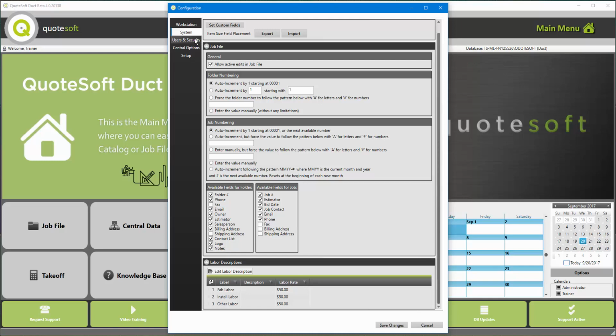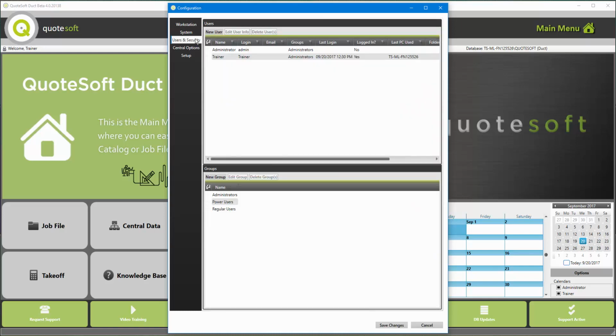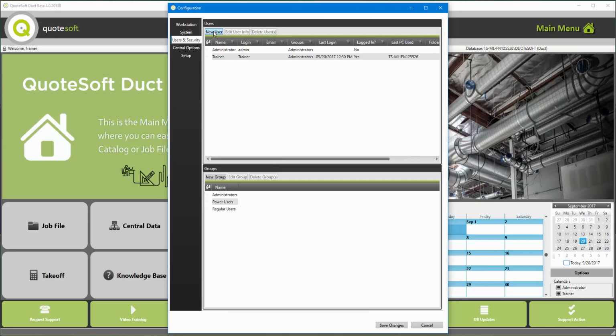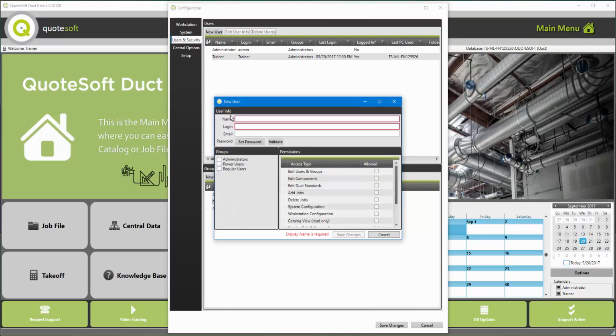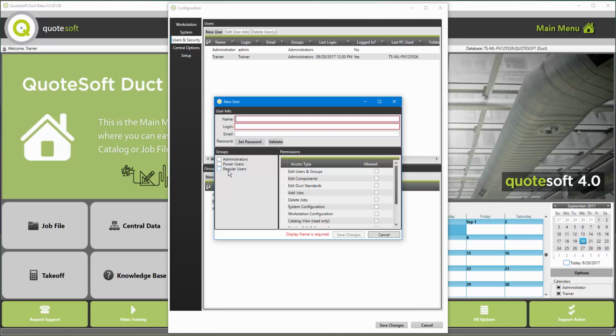Users and security. You can add new users by clicking the New User button at the top and filling in the information for the user. The user has to have a name and a login name. After that, you can assign group level permissions. By typing in a name for the user,